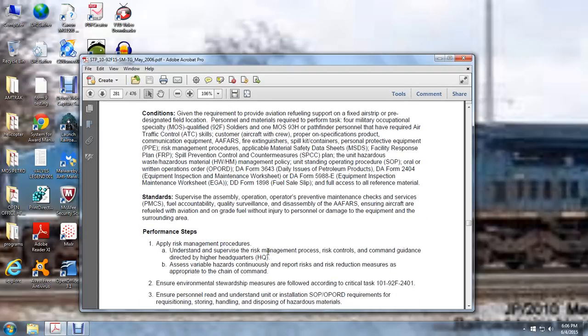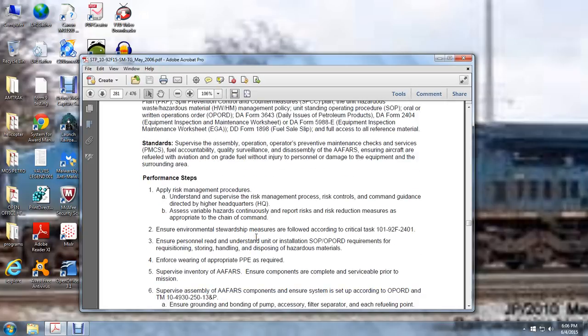Supervise the assembly, operations, operators, preventive maintenance checks and services, fuel accountability, and quality surveillance. Assemble the Advanced Aviation Forward Area Refueling System, ensuring aircraft refuel on the ground without injury to personnel or damage to the equipment